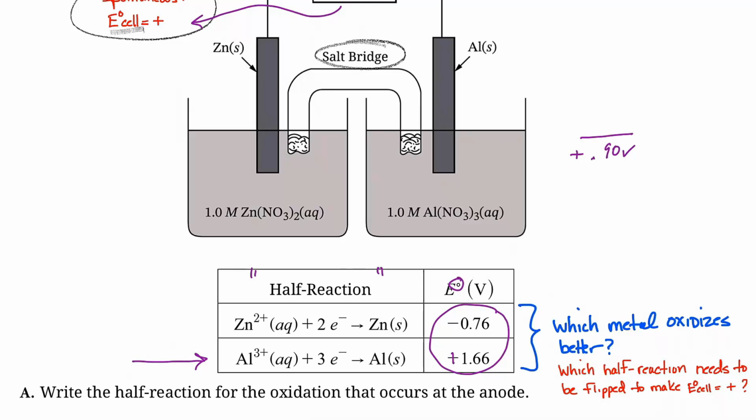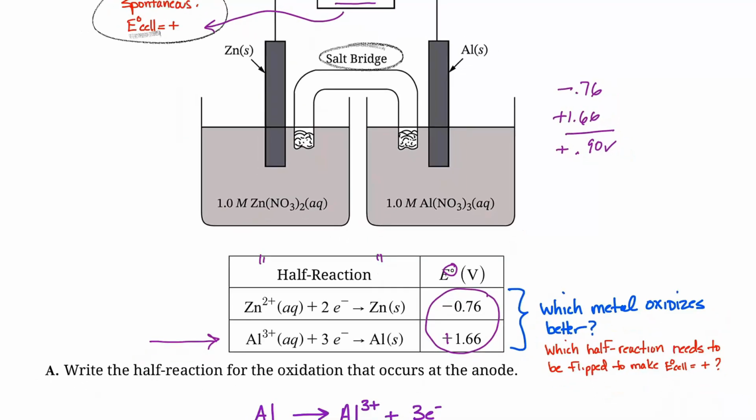Remember, voltage, or E0 cell, is a thermodynamic quantity. A thermodynamic quantity shows favorability in going in a certain direction. In this case, these guys are both negative. They don't like to reduce, so they like to oxidize. The only one that I can put together, and if you look, negative 0.76 plus a positive 1.66 volts gives you 0.9. But I didn't even need that hint when I looked at this. In fact, I just